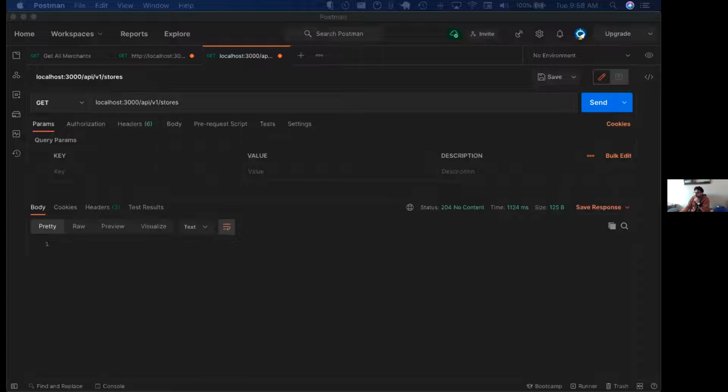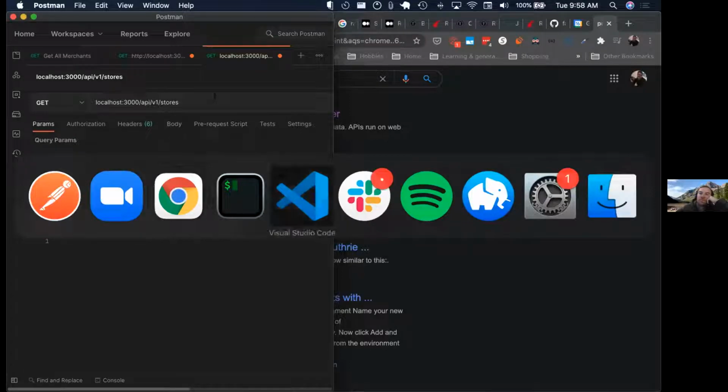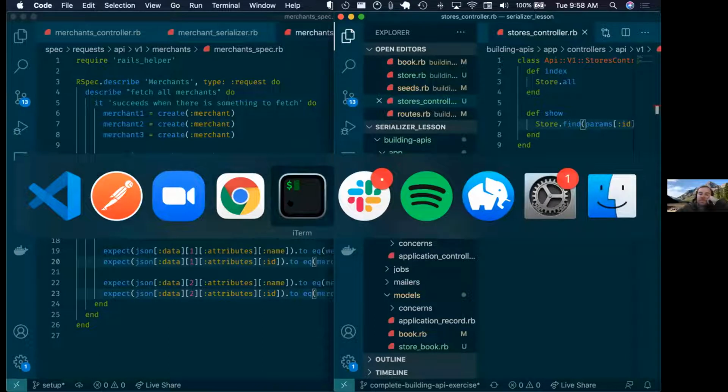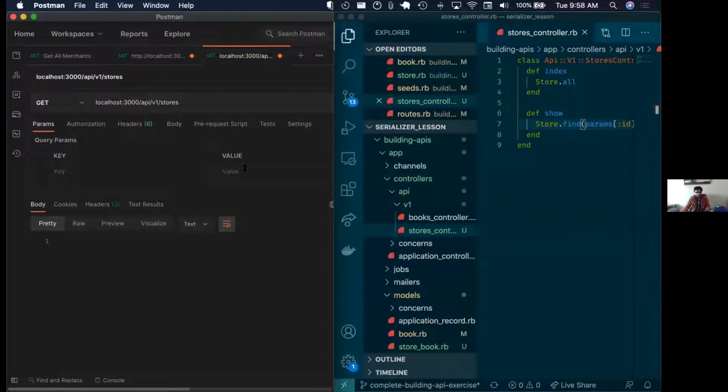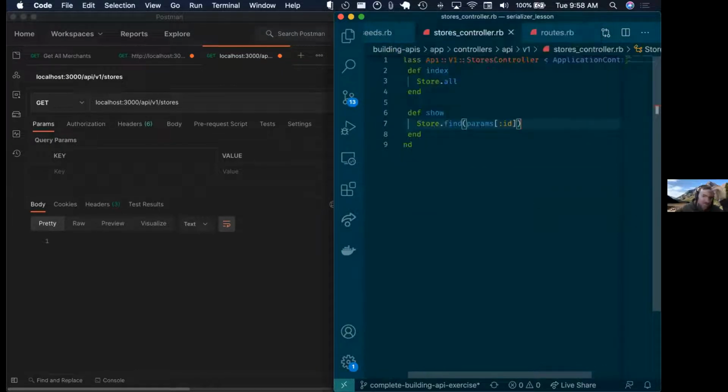We were supposed to get back a whole JSON object. So you've got API v1 stores. Let's make this half the screen, and then let's pull up the controller on the other half. Can we hide the tree? Okay, sweet. So if we hit this endpoint,